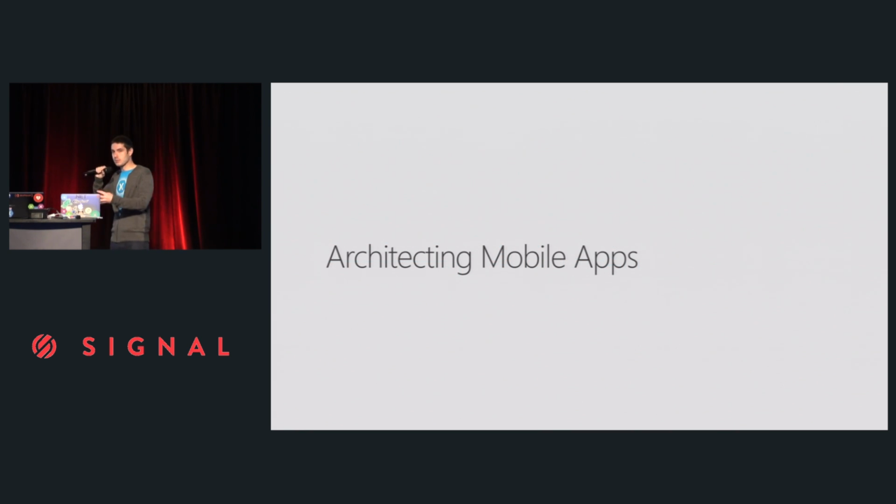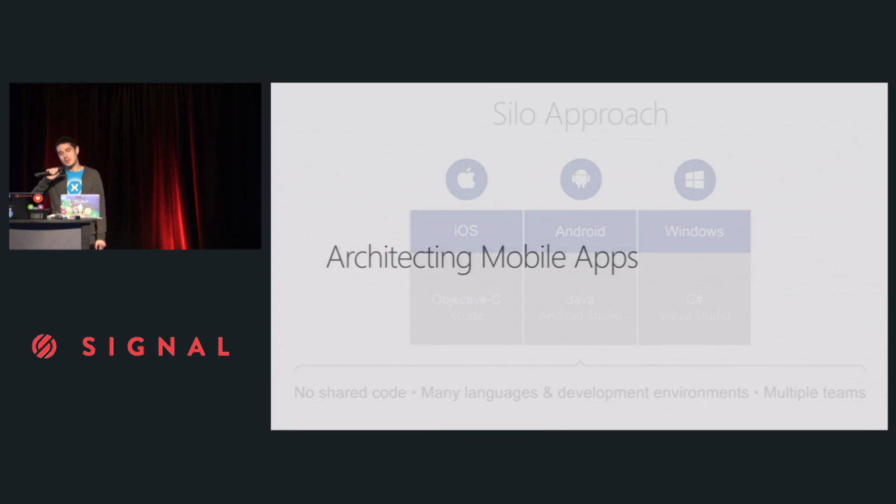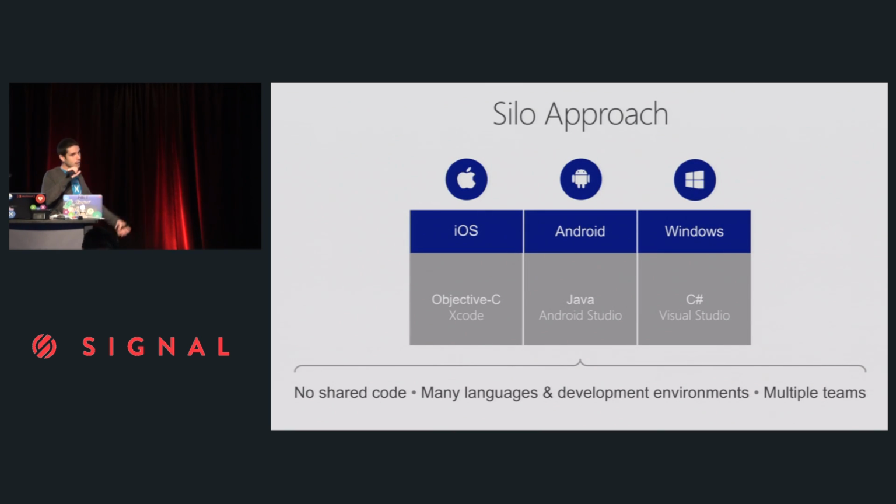So how do you get there? We know what we want. And when I started 5 years ago, I didn't know how to get there, but now I do. First, I thought I was going to go down this route, which was go learn Objective-C or Swift. Well, it was Objective-C only at that time, with Xcode, and learn the beautiful tools of Xcode. And then I was going to write a bunch of Java code and run Android Studio, or at that time Eclipse, everyone's favorite IDE. And then I was going to be happy and write my Windows application in C# inside of Visual Studio, which has been my IDE for over a decade now.